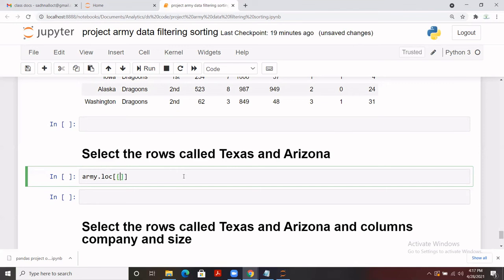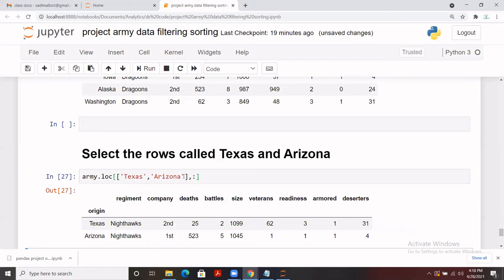The random rows we needed, so I have passed two square brackets, and I can directly pass it like Texas and Arizona, and I needed all the columns for that part.